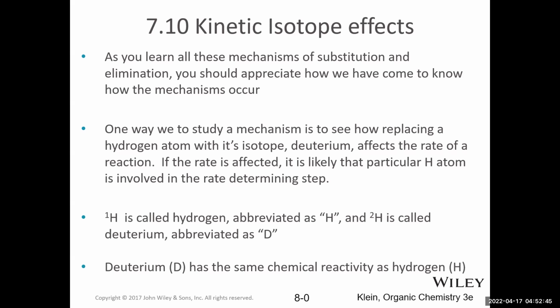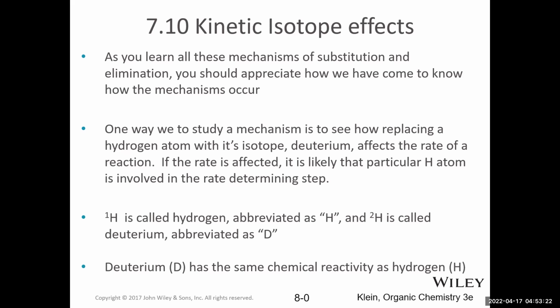So when we say a hydrogen, we're typically talking about the major isotope of hydrogen, which is just one proton in the nucleus. But there are other isotopes of hydrogen, for example, deuterium, which is a hydrogen atom that just happens to have both a proton and a neutron in its nucleus. So it doesn't really affect the electron flow because we're talking about a change in the nucleus for different isotopes, but it can still have an effect on bond strength, which can affect the rate of a reaction.